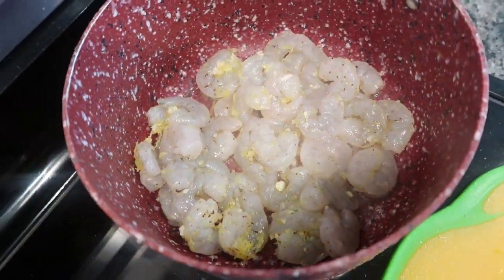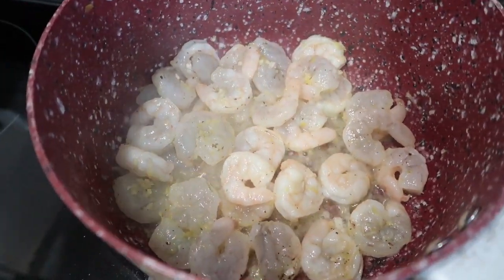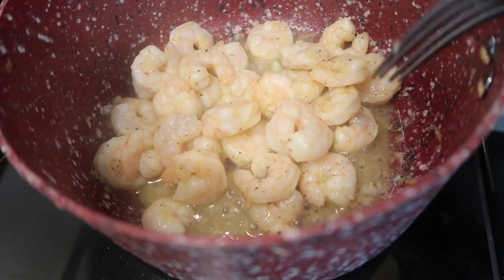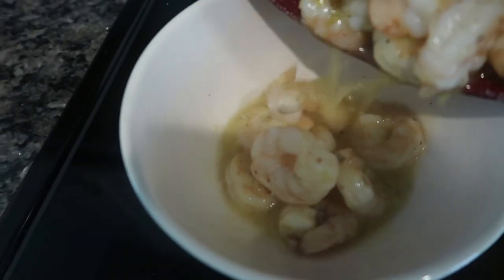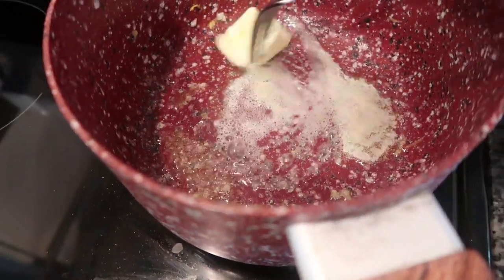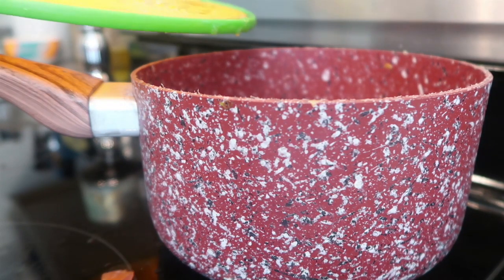And so in this saucepan, you need to watch your shrimp. They're only going to cook for about 2 to 3 minutes on each side, and you want to be really careful about it. As soon as they become pink and opaque like that, you want to pull them because shrimp can easily get rubbery if you leave it on the stove for too long. Once you're done, you're going to pour all of that into a bowl,